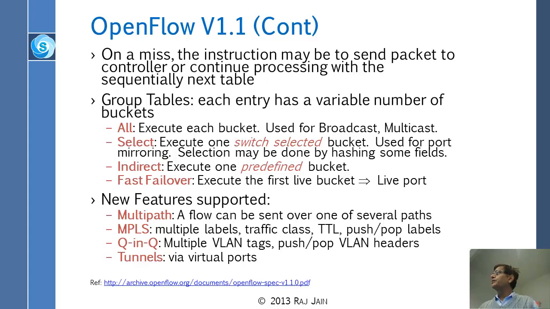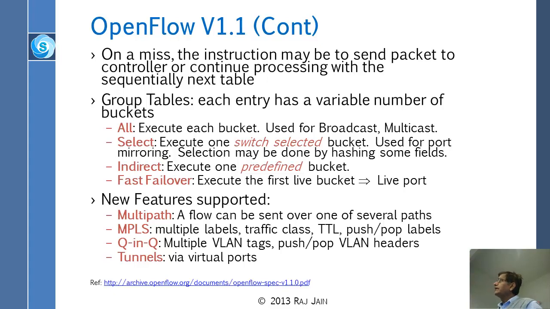And now the group tables. Group tables basically are designed for BUM: broadcast, unknown, and multicast. Previously, everything was handled as broadcast. So you sent it to everybody. But now you can be smarter, because the group table will tell you that you have to send it to these 5 places. Right? And for every possible multicast address, there might be a different entry. So you go and match there and you say, okay, if you match this line, then you send it to these places. If you match this line, then you send it to these places.